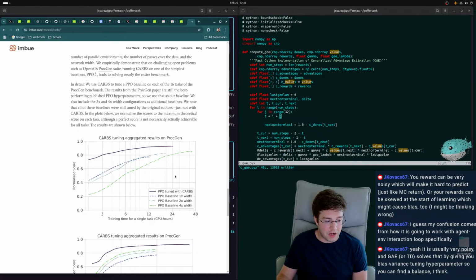And it turns out that the optimal gamma and lambda vary dramatically across the different environments. So it's probably impossible for any algorithm that relies heavily on that lambda and gamma to generalize across all these environments. So as long as you have any method that uses these types of parameters, you're kind of just screwed. That's the issue.